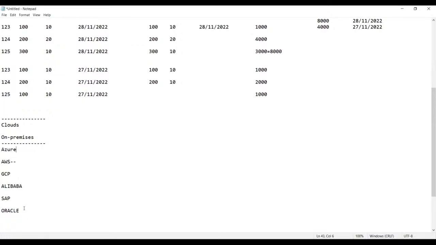And whatever cloud providers you have, they all provide cloud services in the form of categories. What is the first one? IaaS. The second one is PaaS. And the third one is CaaS. IaaS means what, guys? Infrastructure as a service. That means if you require some space to store data, suppose this is my computer,